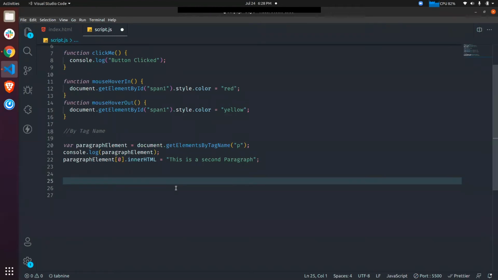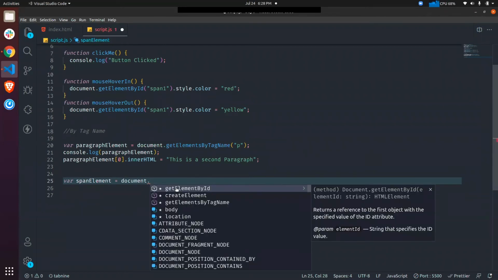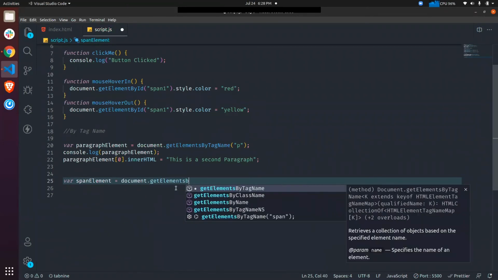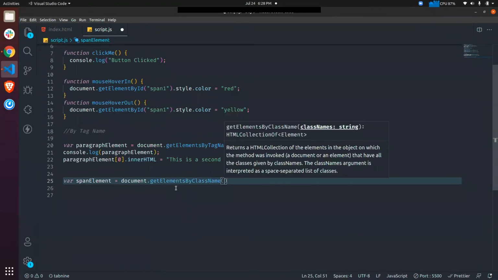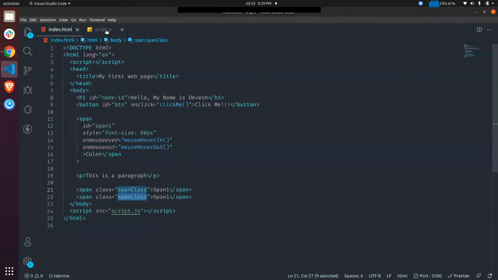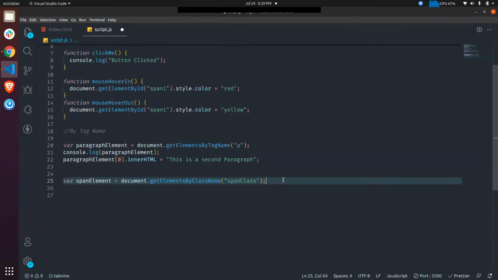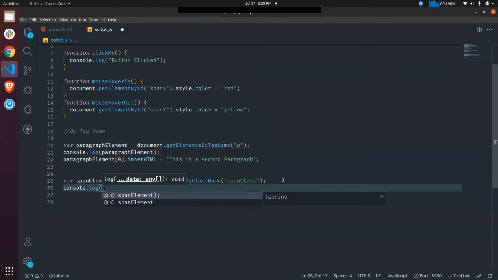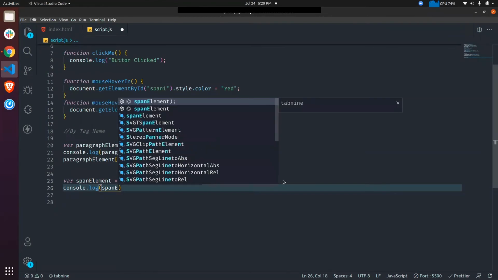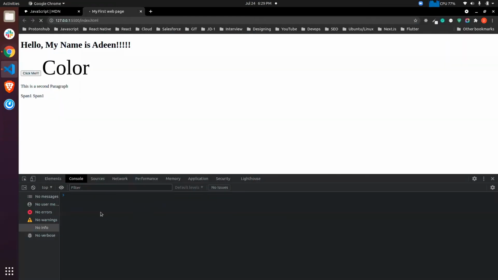We can do it by tag name, which is really simple. But if you want to do it by using class name, we'll use a method called document.getElementsByClassName, and we have to provide the name of our class, which is span class. Now if I console log it, I should get the same thing, right?